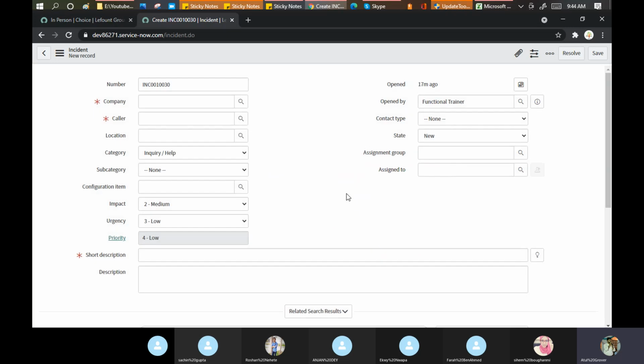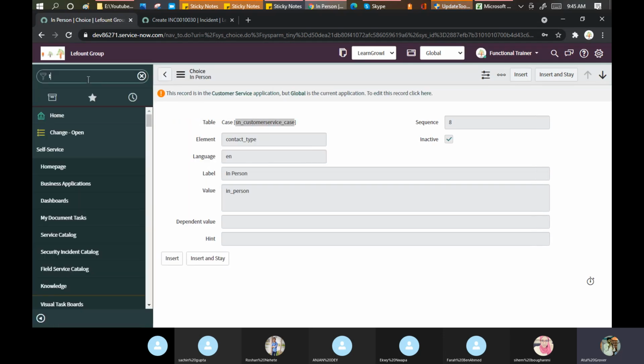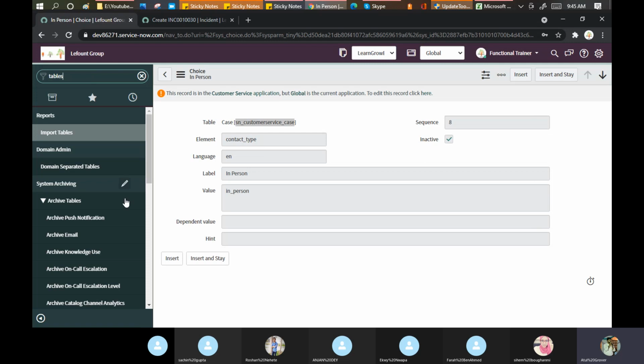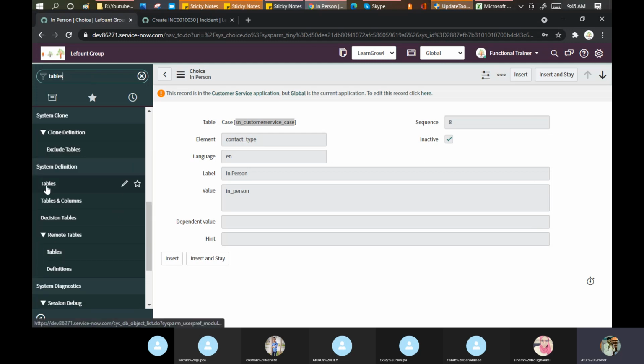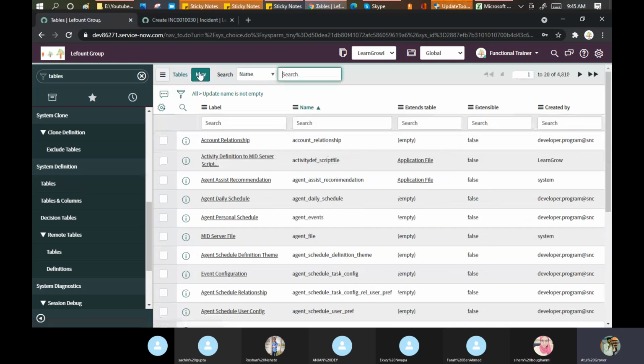So now let's create a new table here. A quick one, we'll do that part. Tables here. I will create this table and I will not extend any other table.